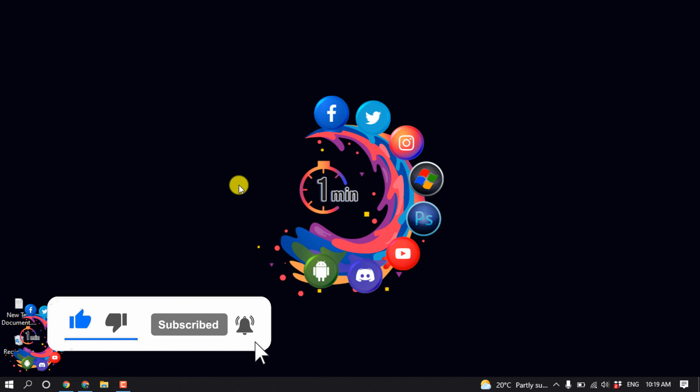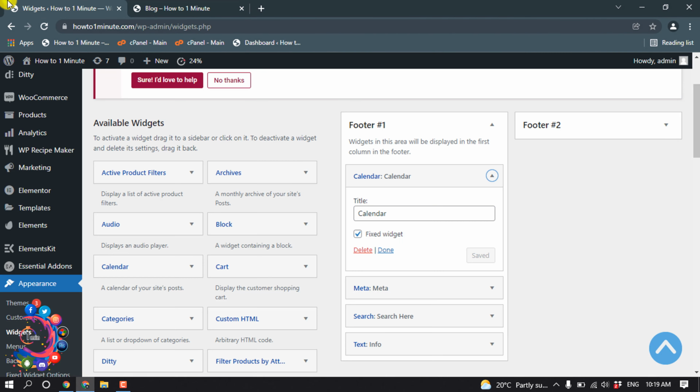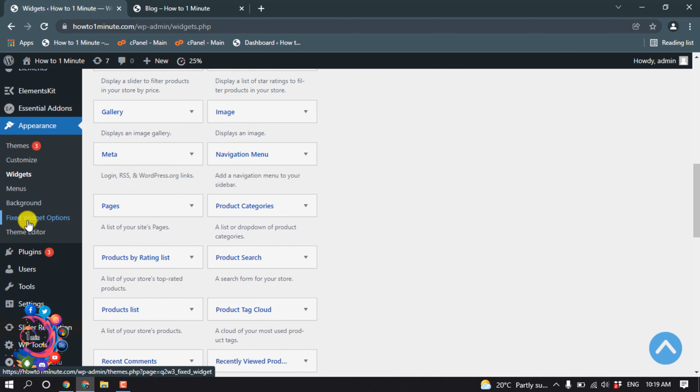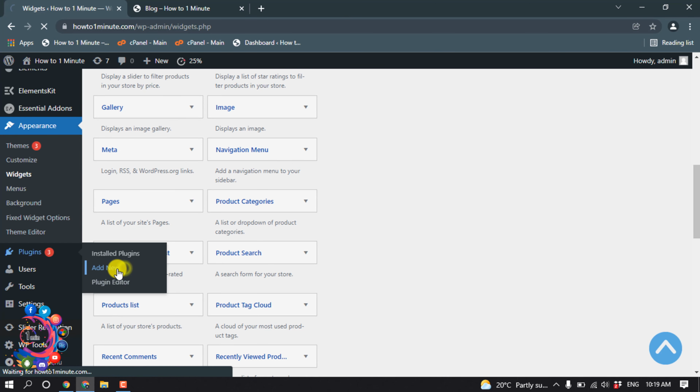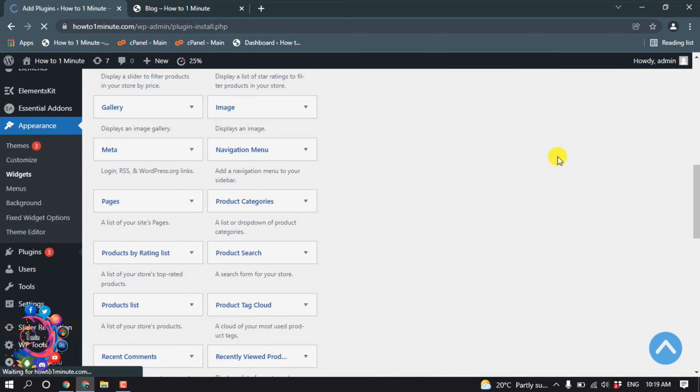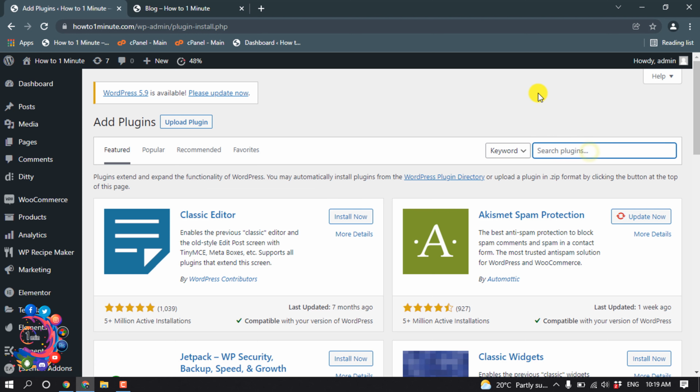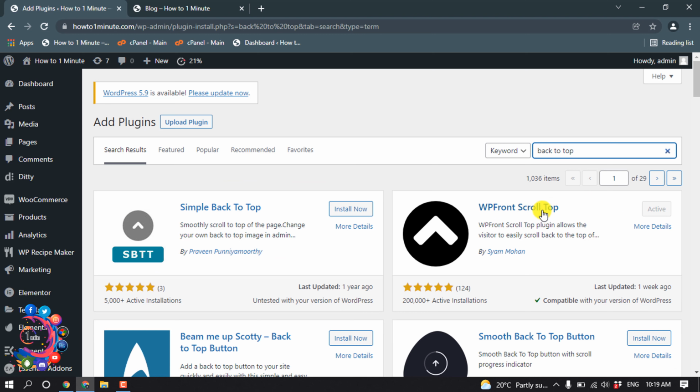So first of all, open your WordPress dashboard and go to plugins and click on add new and search here back to top. So you have to install this plugin and activate,